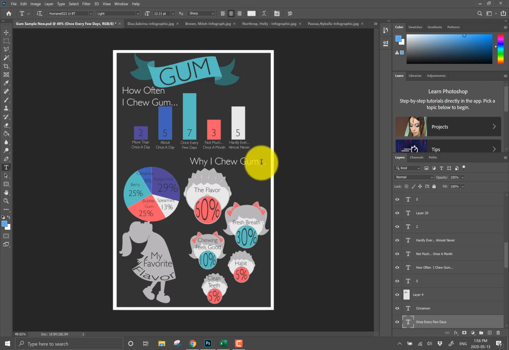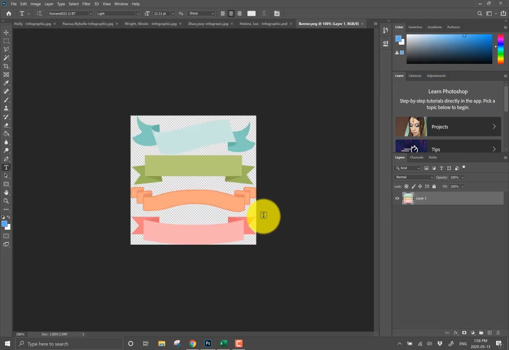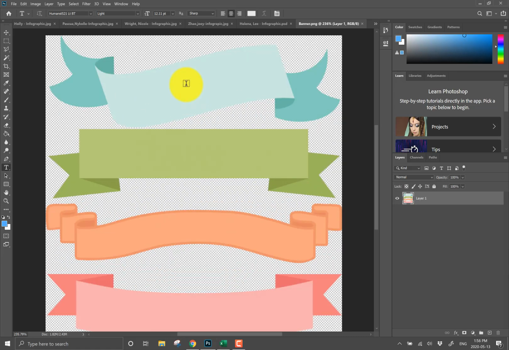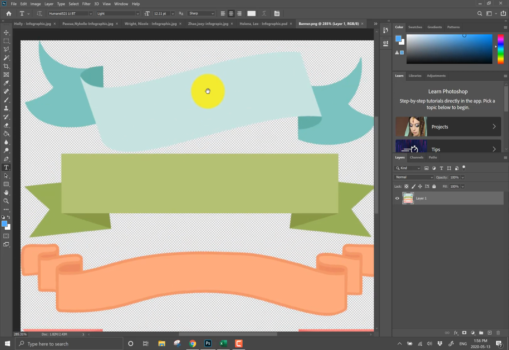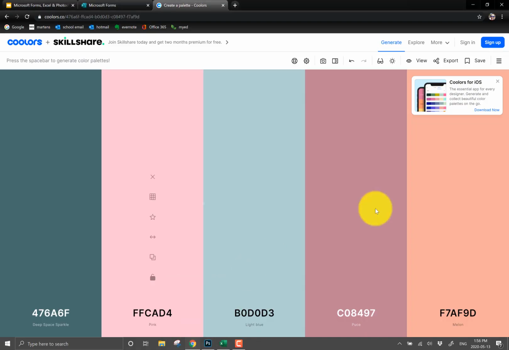So I went to Google Images and got a whole bunch of things. You might notice, for example, there's a banner up here. I looked up banners, and I think I've got some banners here. But they weren't completely the right colors. So if you wanted to make them the right colors, there's all sorts of ways. You don't have to have banners, but there's all sorts of ways to do that. But again, if you want to deal with color schemes, make sure you've got a consistent color scheme that you want to deal with. So let's say I wanted this banner to be the dark pink and the